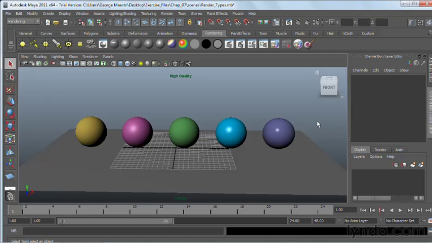So let's first of all talk about materials. And those really are just the way that a surface shades. So here I have 5 spheres, and each of them has a different shading model. Now, before we get into any of this, let me talk a little bit about Maya and rendering. We're going to get deeper into rendering a little bit later, but let's just give you a quick brief overview